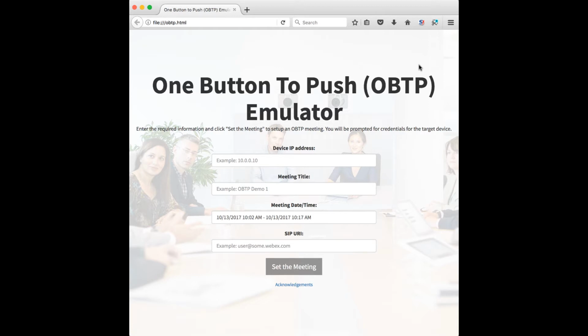To use the OBTP emulator, simply open the HTML file. An internet connection is required as it pulls a number of JavaScript libraries and other files in remotely. Next, you need to fill in the fields. First, we have the IP address field here. After you've filled in the IP address field, which we'll go ahead and do,